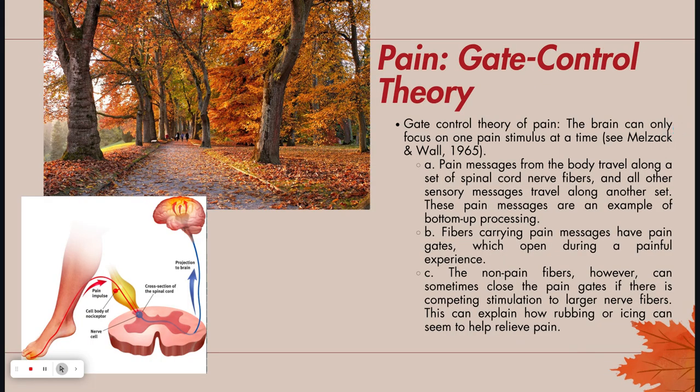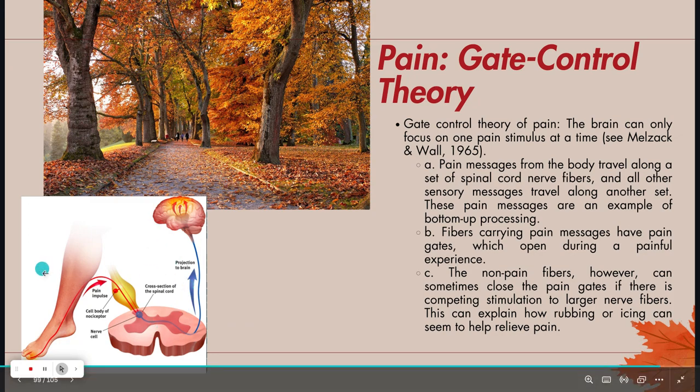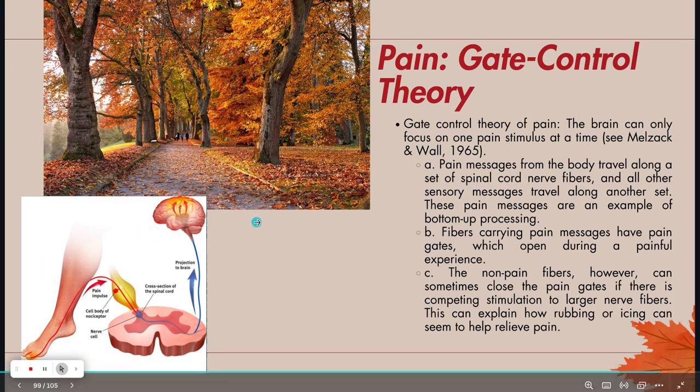A major theory that we need to understand about pain is something called the gate control theory. This theory came about with trying to explain that pain is more than just a biological process, and the idea that sometimes we experience more pain than others, even when having a similar injury. So, first, the backbone of the gate control theory is the brain can only focus on one pain stimulus at a time. So, here's what this theory says. You can follow along on the diagram I have here on the left.